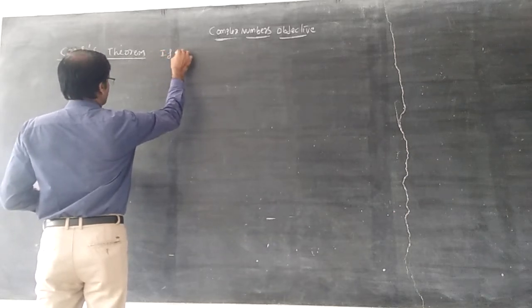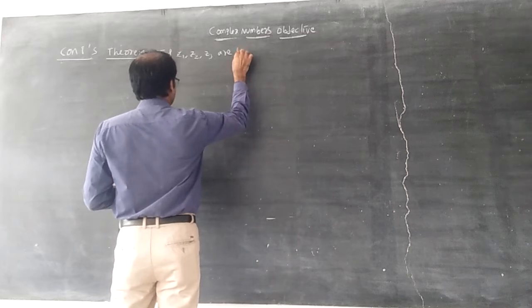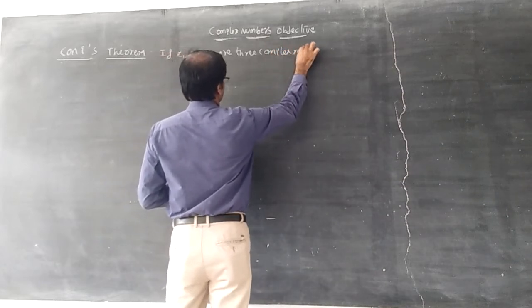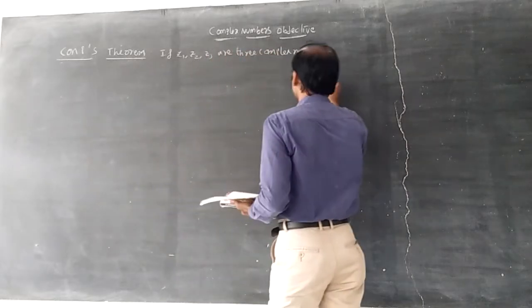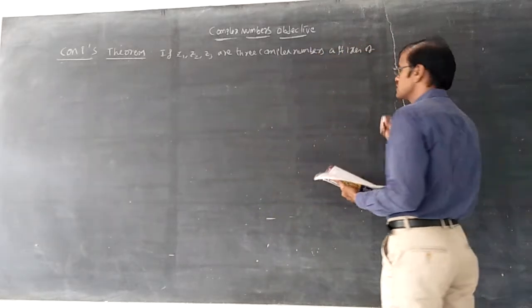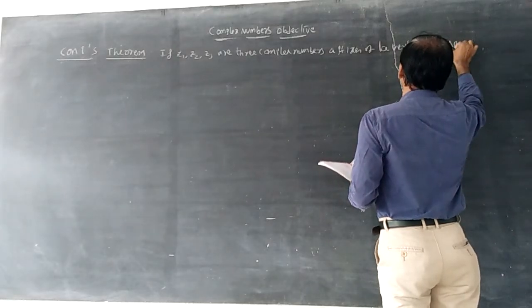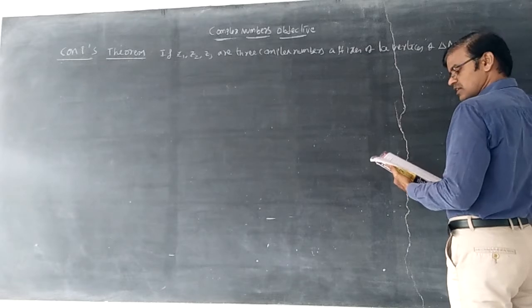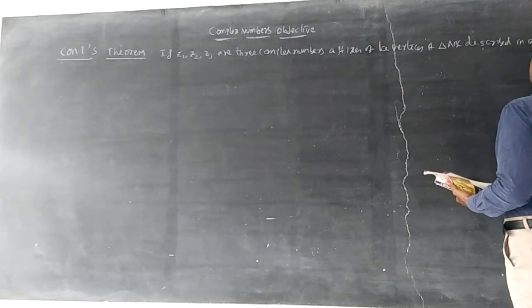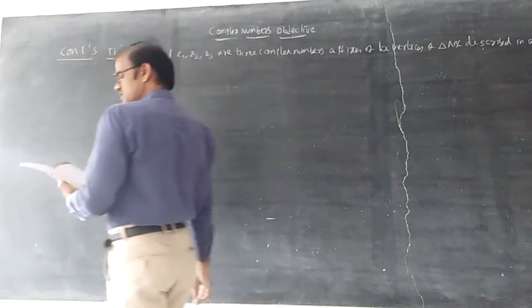If z1, z2, z3 are three complex numbers, the affixes of the vertices of triangle ABC, described in the anti-clockwise sense, then...